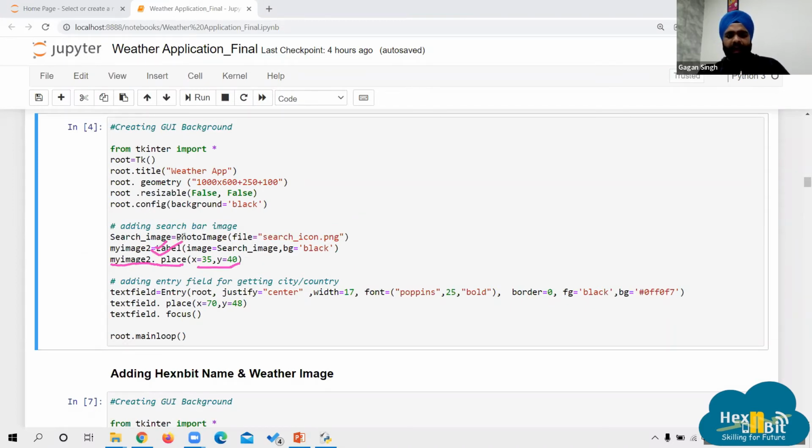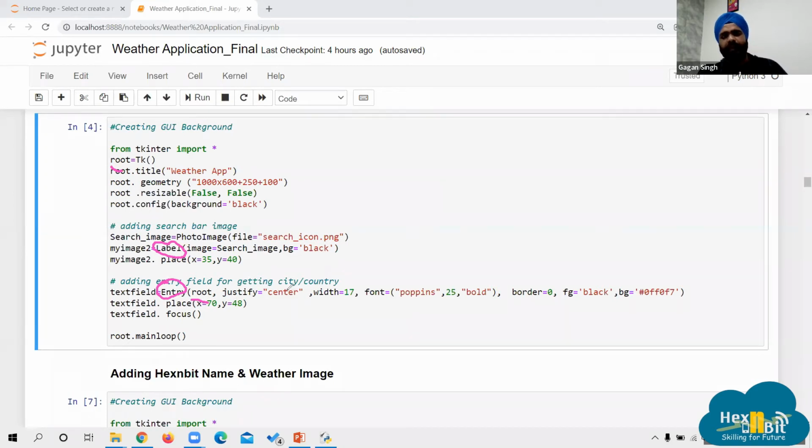And after that, I am adding the entry field, as I want the users to enter the input. So text field equals to Entry. Entry is the widget name. In the previous one the widget was Label, in this the widget is Entry. Root means the name of the GUI screen, because we have given it the name root, so that will be written here.